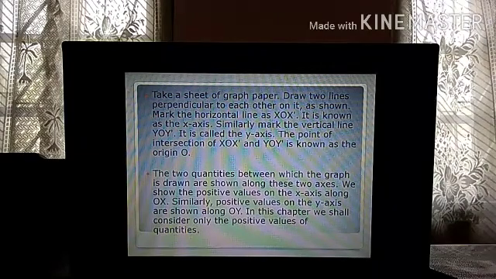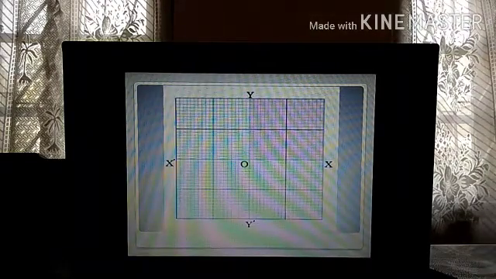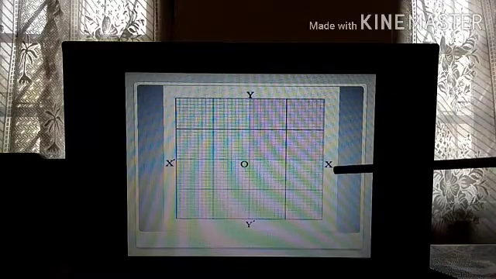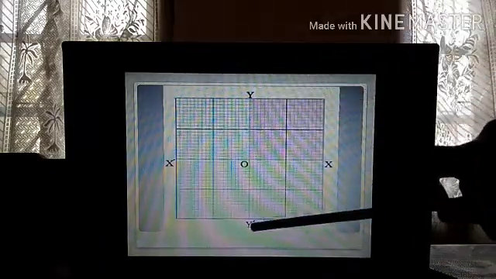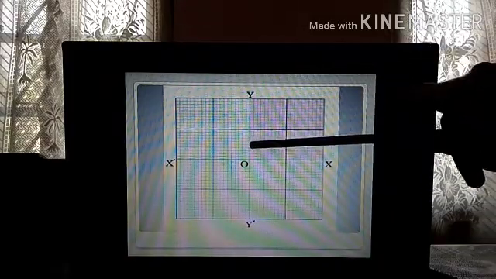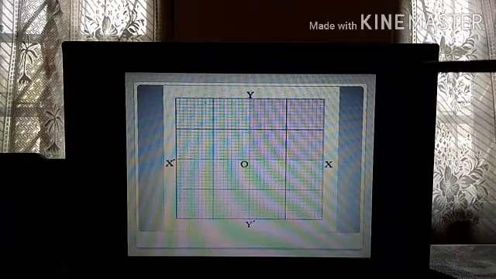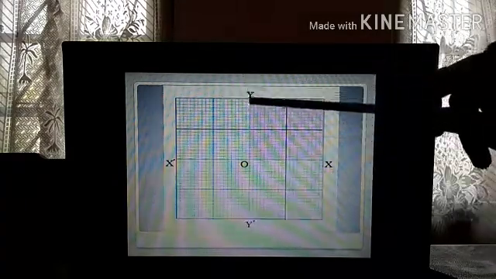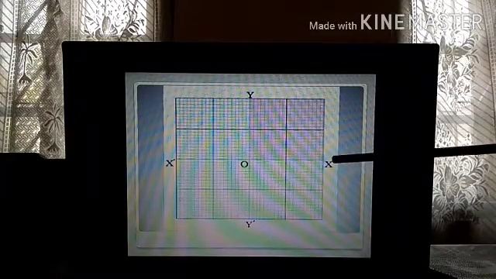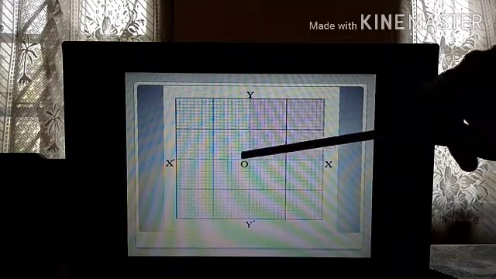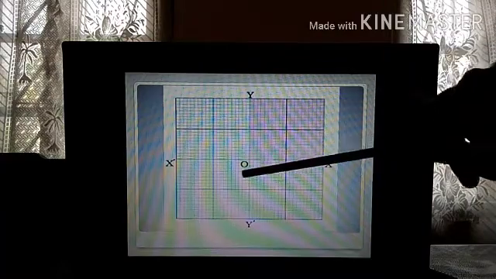Okay. Now I will show you how you can draw the graph. Suppose this is the graph paper. This is the horizontal line, this is the vertical line. The horizontal line you mark as XOX', and the vertical line as YOY'. Both are perpendicular to each other, that is, the angle formed is 90 degrees, isn't it? In mathematics class also you have studied that you draw the line like this. This part you don't draw, basically you draw it this way. You mark this as the x-axis, you mark this as the y-axis, and the point of intersection, where the x-axis and y-axis meet, is called the origin O.